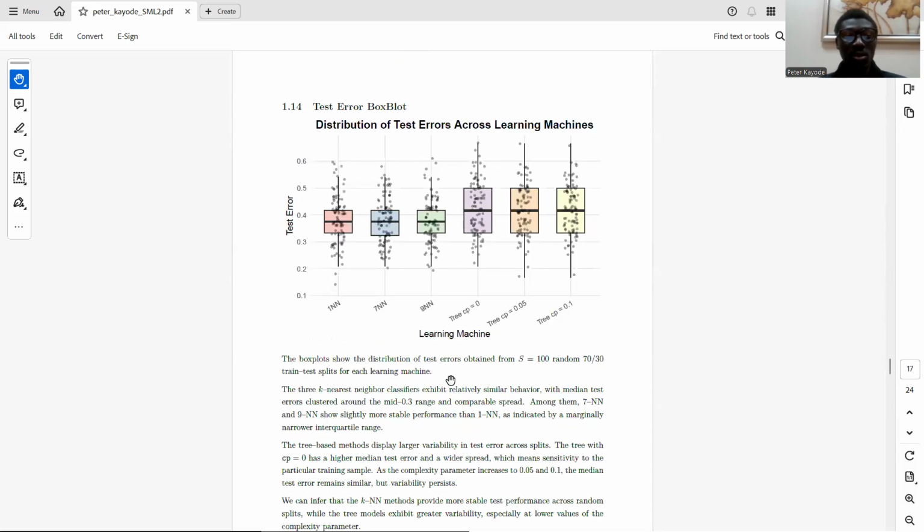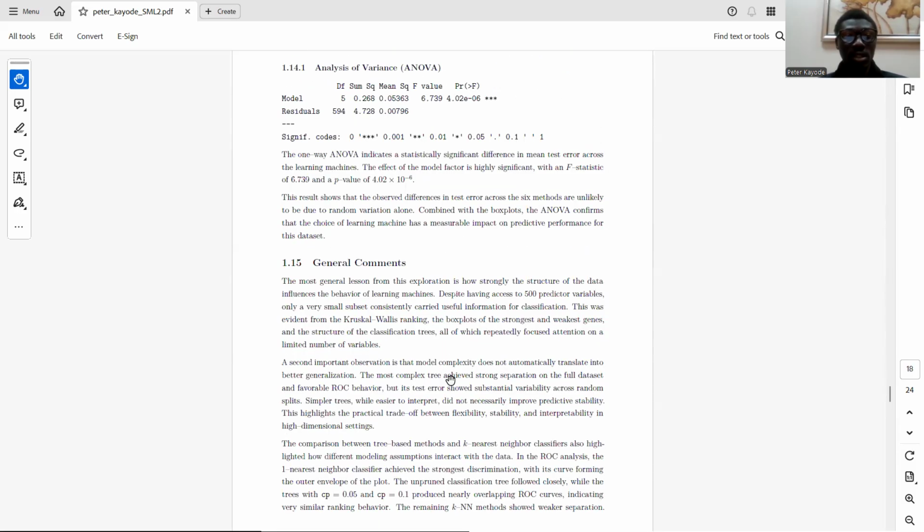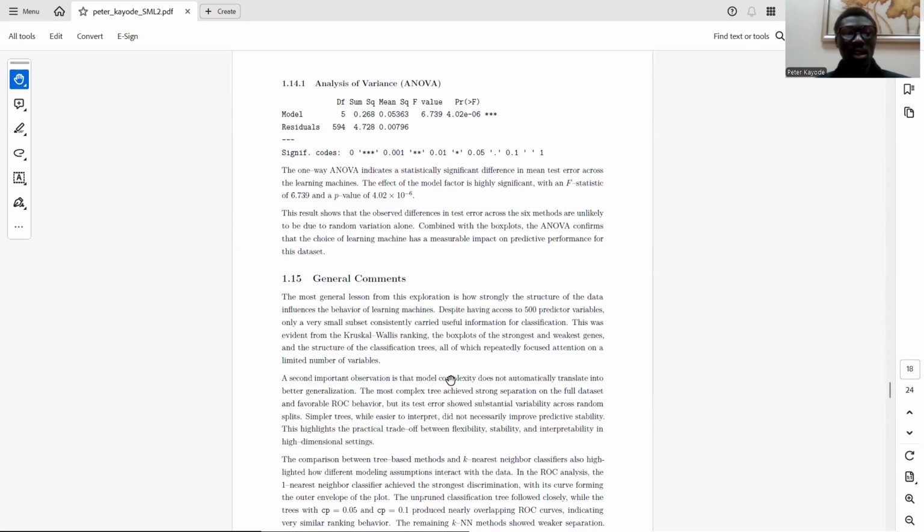Now, the next thing was that I considered the ANOVA, the analysis of variance. ANOVA compares the mean test error of the 6 learning machines. The statistic is 6.739. The p-value is 4.02 times 10 raised to the power of -6, which is extremely small. That means that the observed differences in average test error across the learning machines are very unlikely to be due